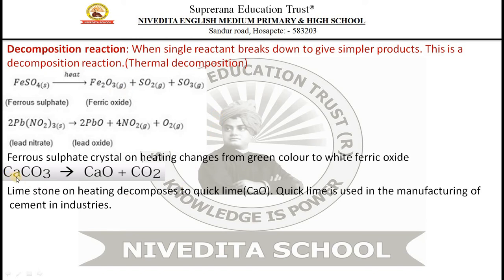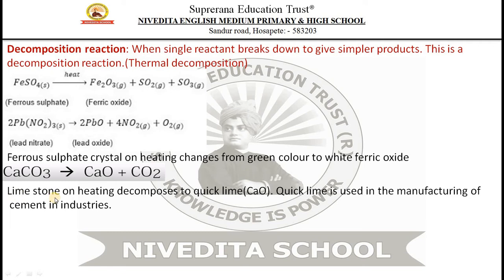Next is, as you can see there, calcium carbonate, which is nothing but limestone. So if you remember, again try to establish links between the topics that we have discussed. So how did calcium carbonate form? If you remember, slaked lime reacts with carbon dioxide present in the atmosphere, right? Okay, so the same, but this is natural. The calcium carbonate can always be obtained in that manner also, and calcium carbonate is present naturally in the form of limestone, right?